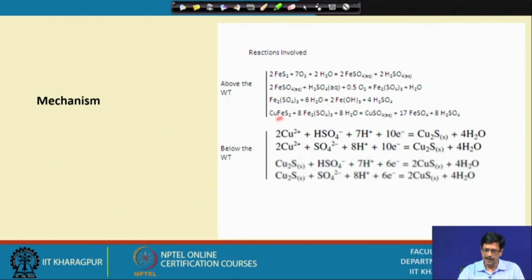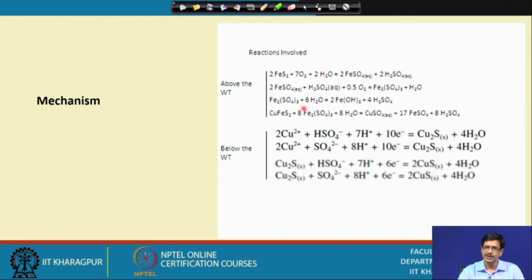And if it acts upon a mineral like chalcopyrite over here, then it forms the soluble copper sulphate. And similar reactions also could be written if it had been a zinc iron sulphide like sphalerite, or if it had been a lead sulphide. So, it dissolves the metal in the form of copper sulphate, and